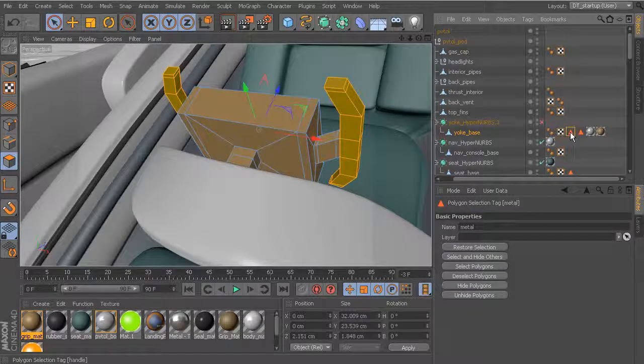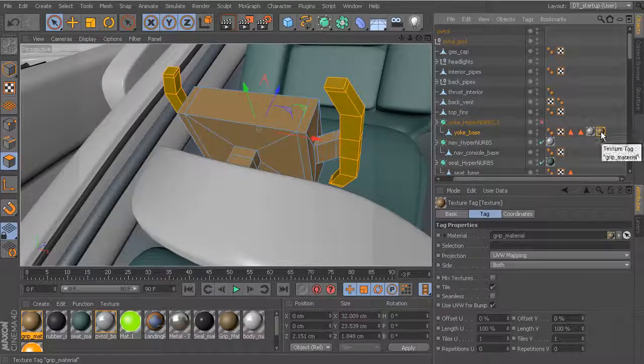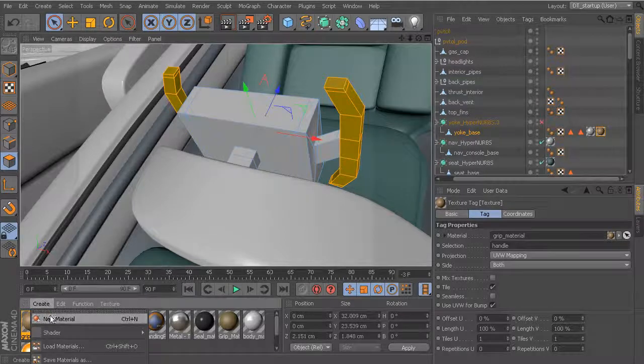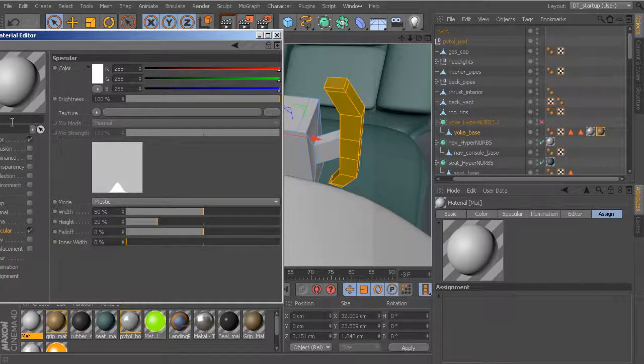And if you take a look, you can see the names of this. So this one is handle. So I can go ahead and get the material, and then the handle I can drop down in there. Okay, and then let's say we want to create sort of a metal, so we can create a new material,